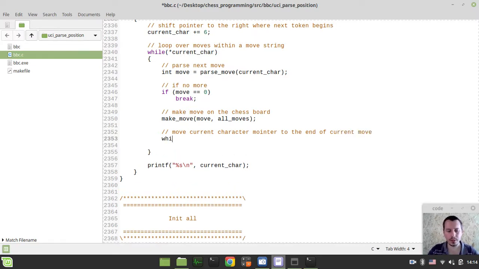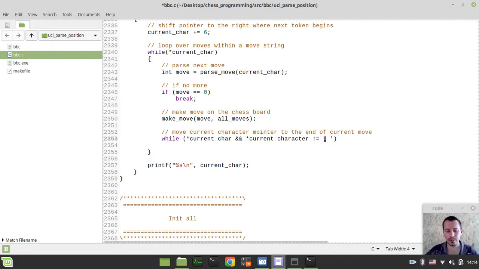So I can simply say while, and the same condition, pointer to current character, and at the same time this pointer to current character must not be equal to the empty space. Well, without this condition, it would just go along the move string until it reaches the end of the move string. But we want to end this